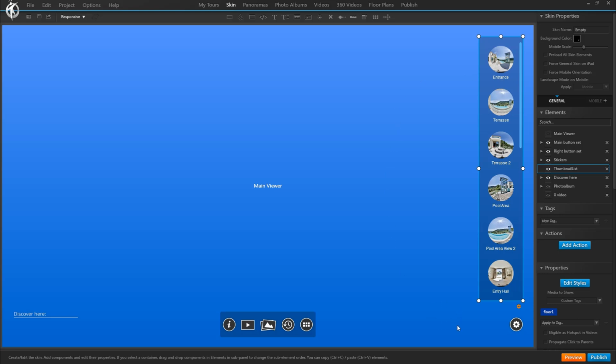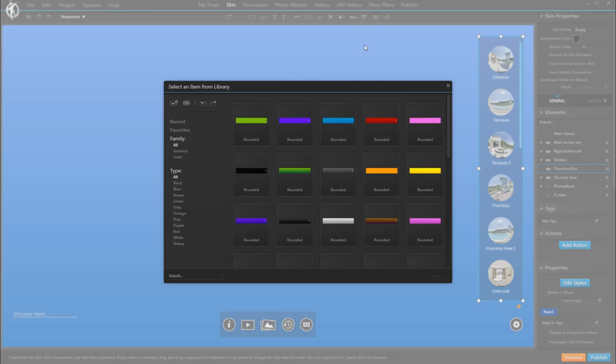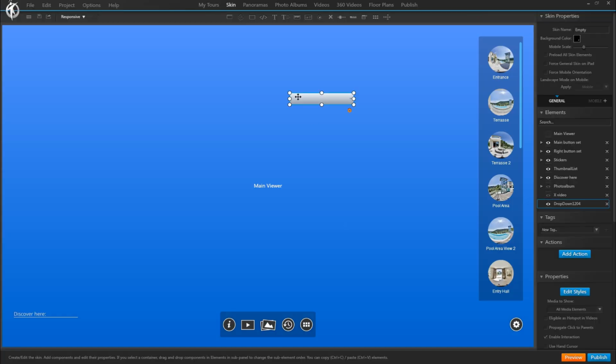So this is a good way to break down large amounts of media into smaller groups of thumbnail lists. So we could even have 4 buttons, and each button would show its own thumbnail list with only the media for that particular floor tag. So you would assign to each button a different thumbnail list where all you do is change the tag that it refers to. And it's basically the same for drop-down menus, where we also have the new function to only show by custom tags. So we can just show this segment, for instance, only floor 2 media.